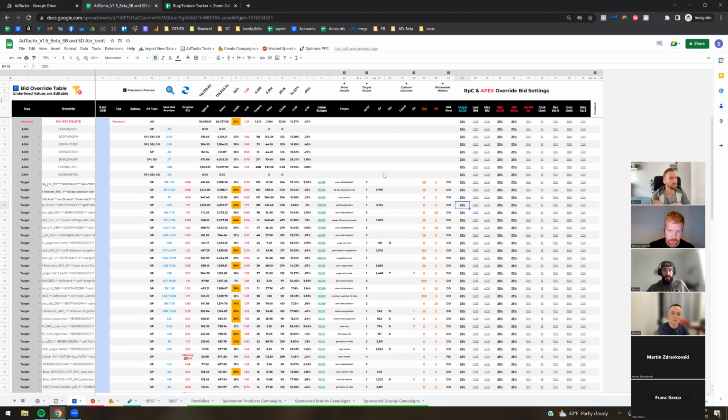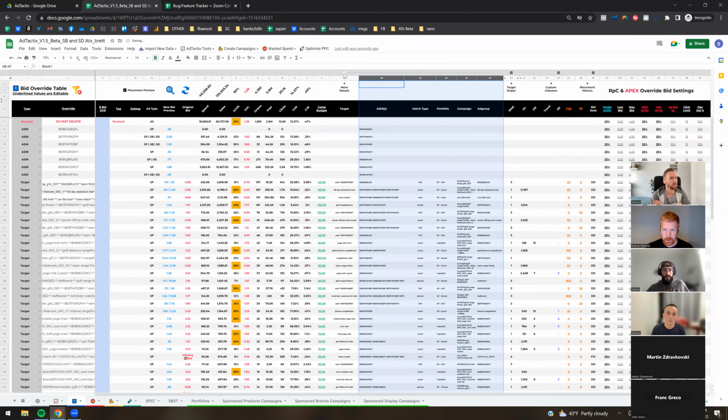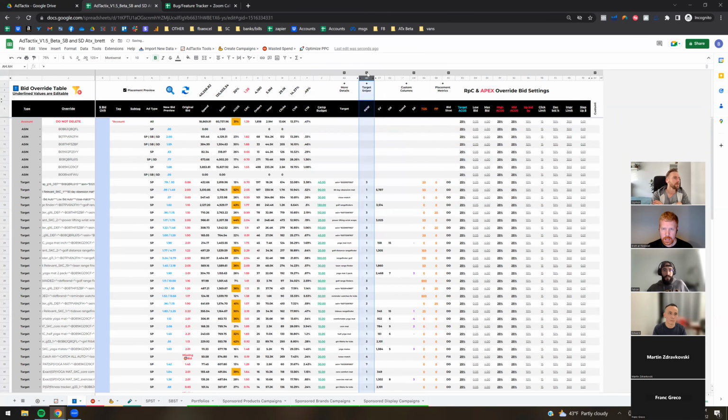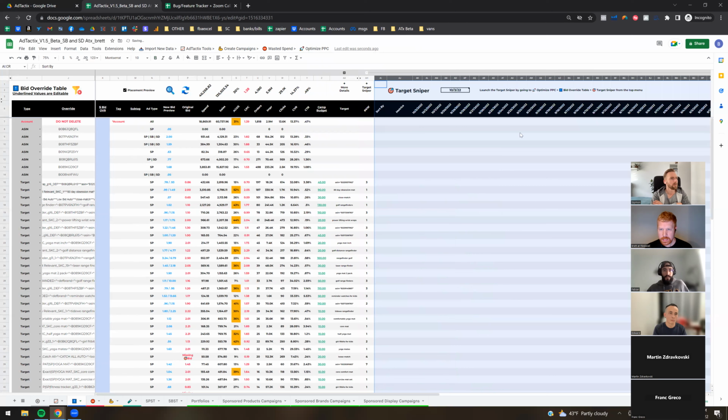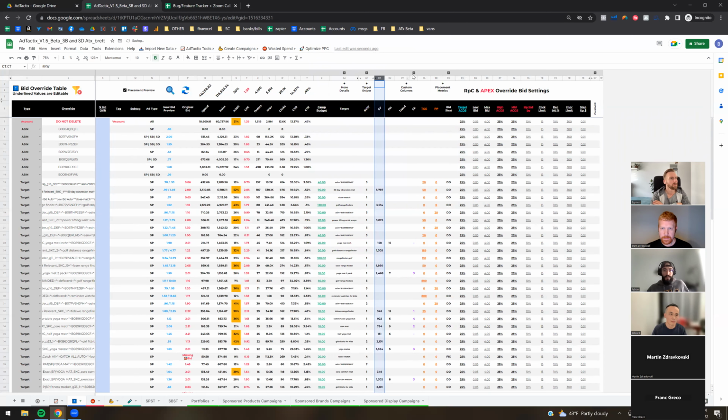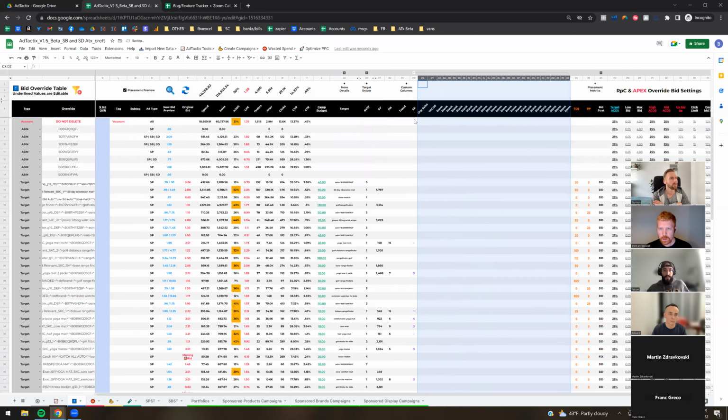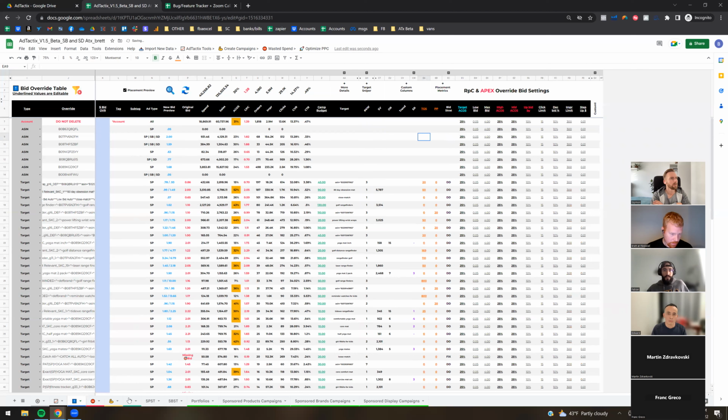this screen. Now there are some other columns here, like all your more details. It gives you your campaign information. You've got Target Sniper. That's a whole other animal. I'm not going to cover that in this one, but that's a super powerful feature. We've added 60 days instead of 20, which Apex had. The organic sales tacos. So one feature that we just added, you can go over to the labs tab